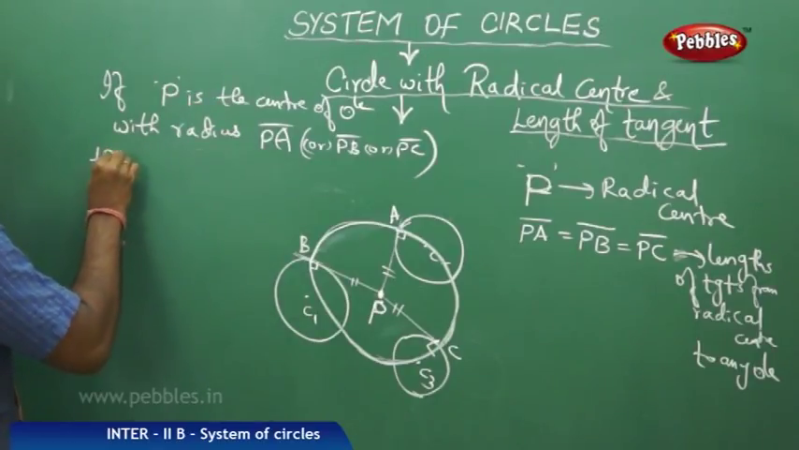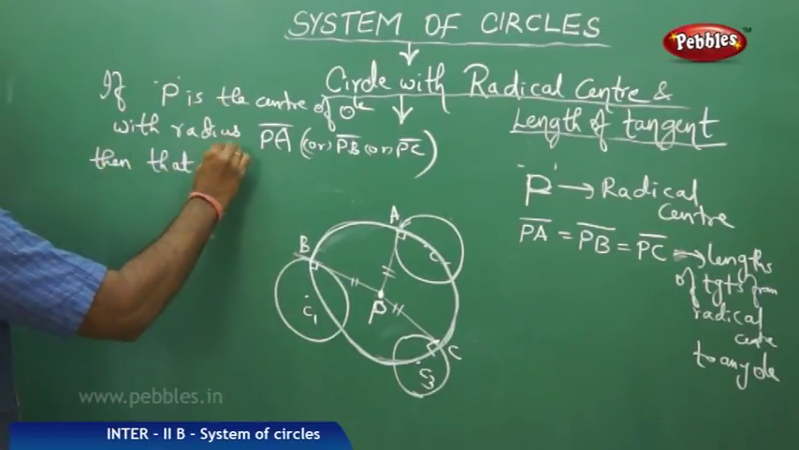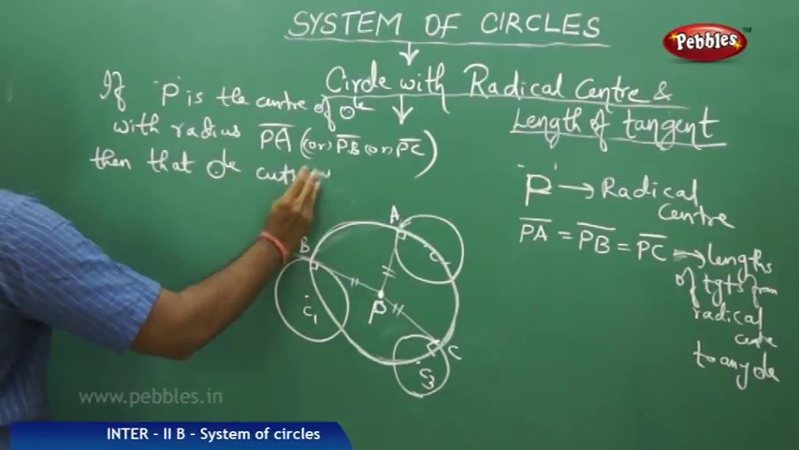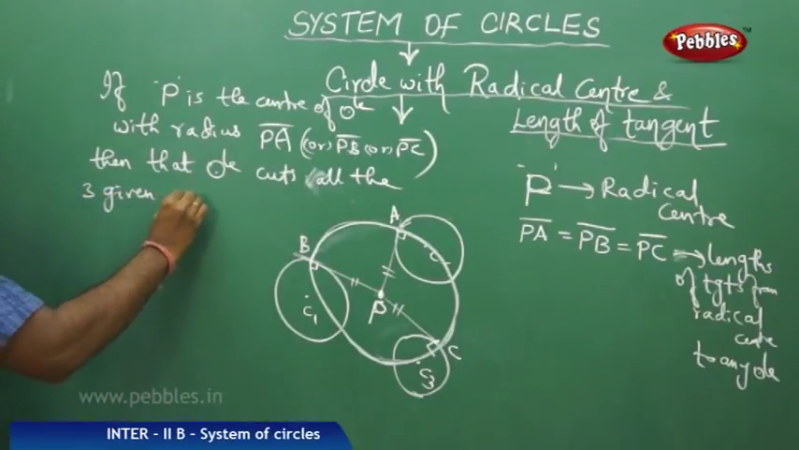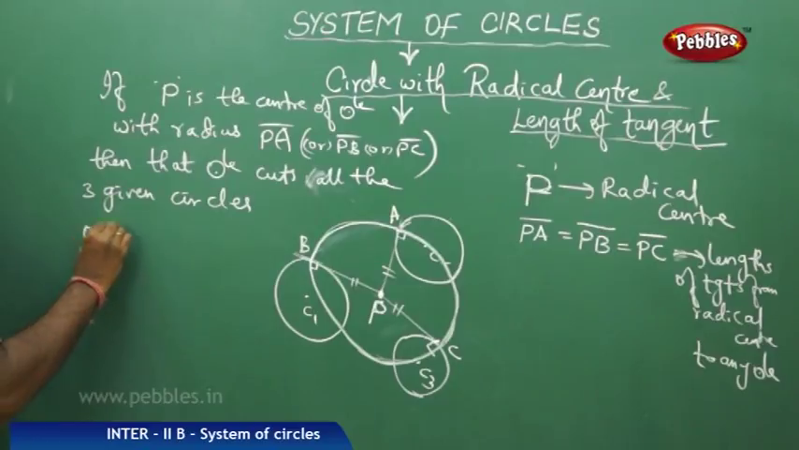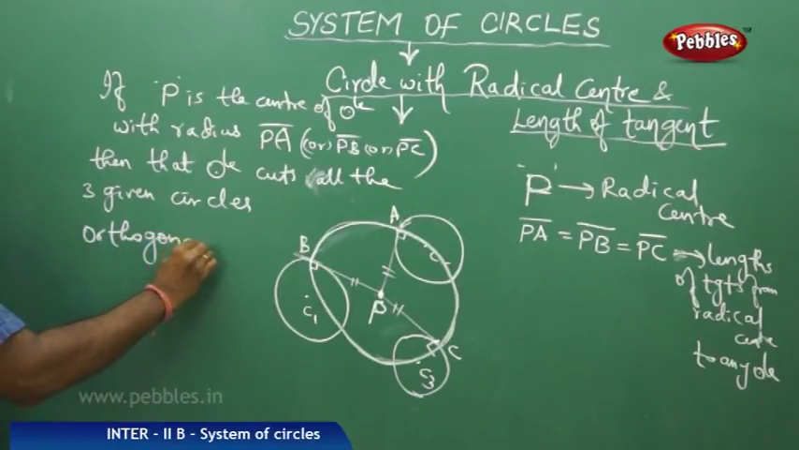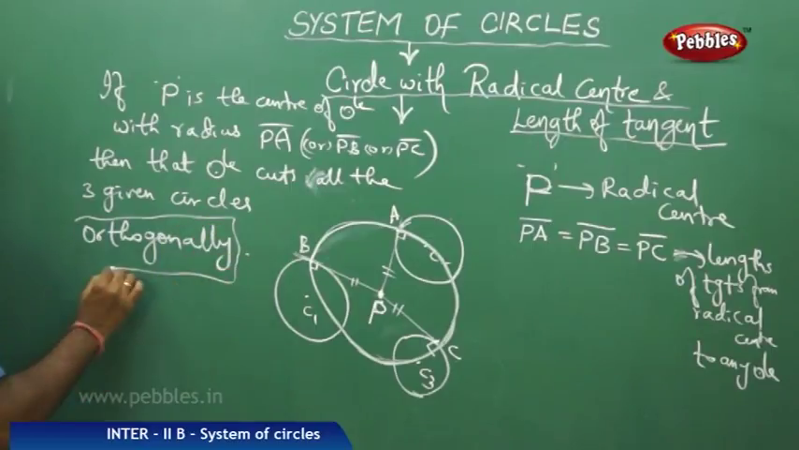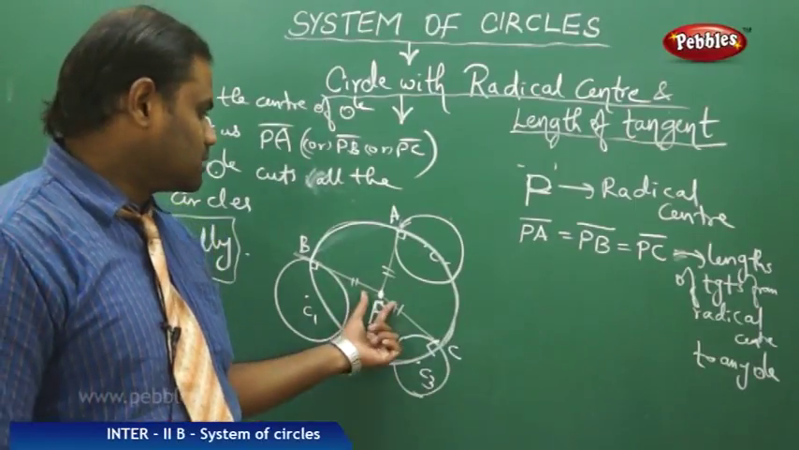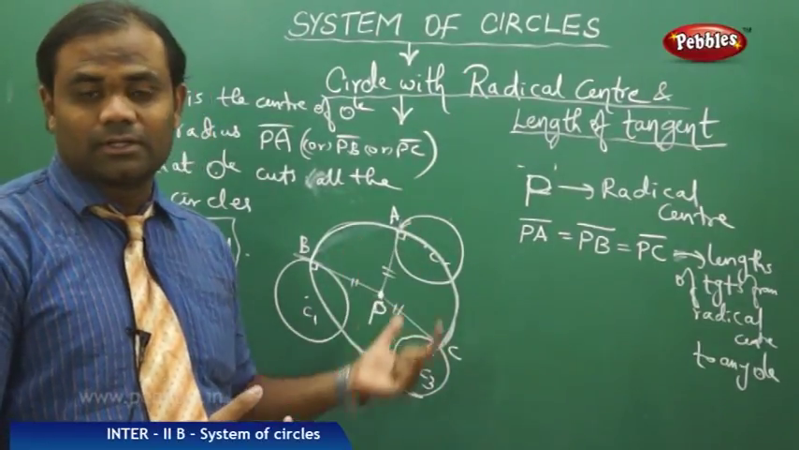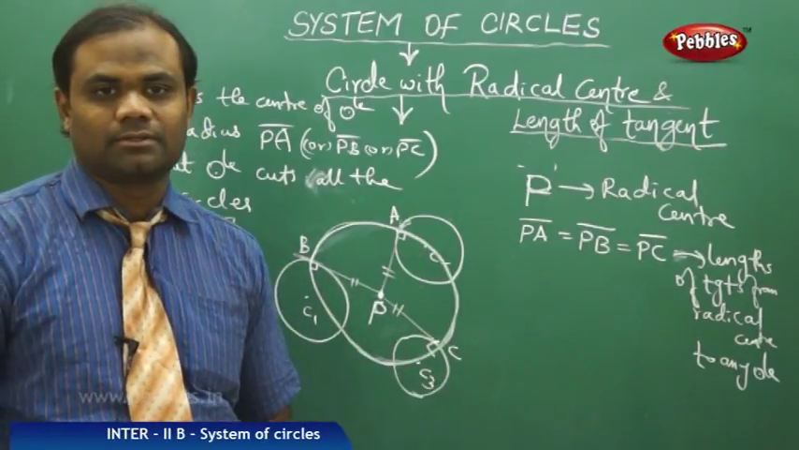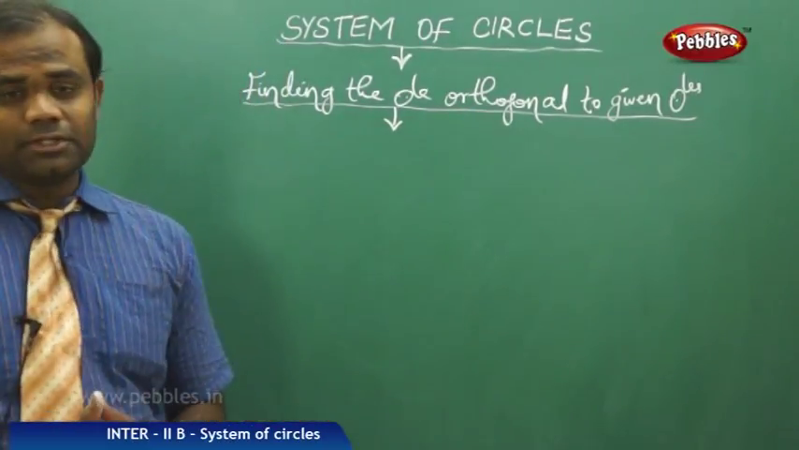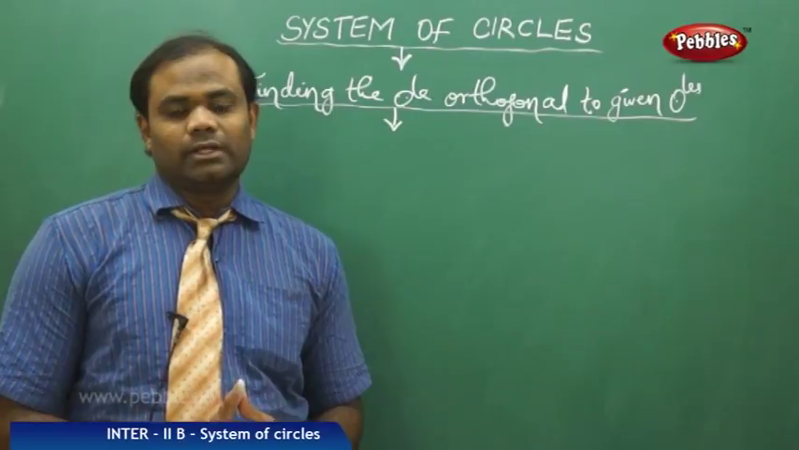Thus that circle cuts all the three given circles orthogonally. That's how we understand the property. The circle with the radical center as center and the length of tangent as radius will cut each of the circles at 90 degrees. So now that we have discussed in the previous session the radical center and length of tangent connected with a circle,